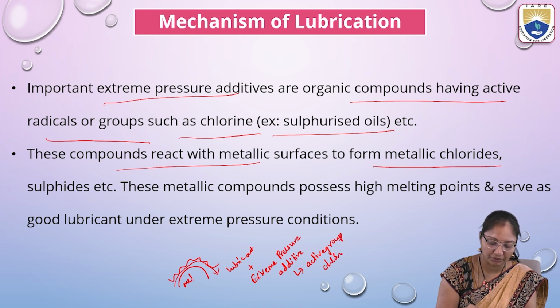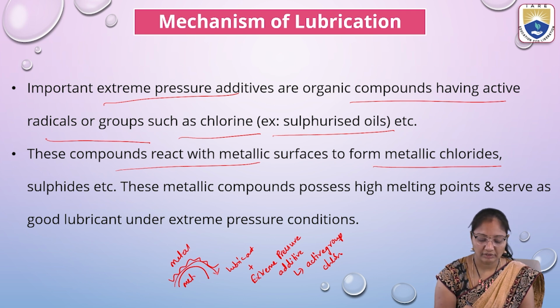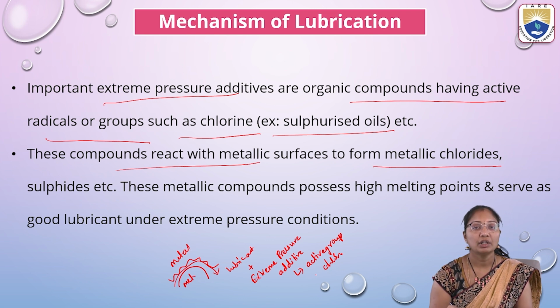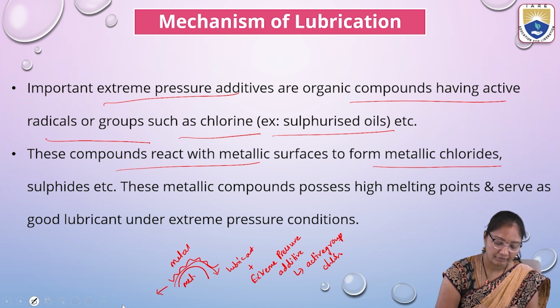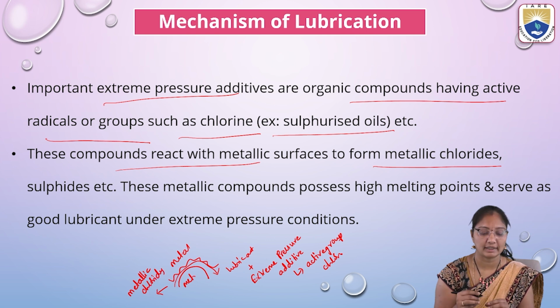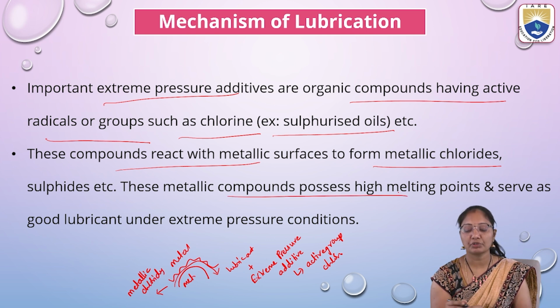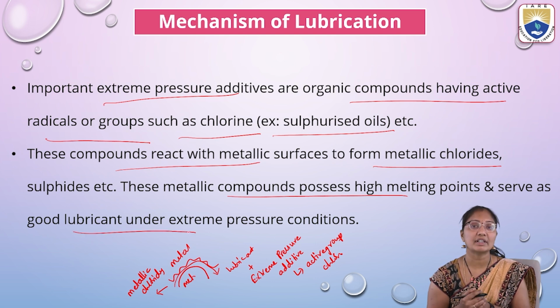This is metal, this is metal. So what happens? The lubricant has chlorine groups, which readily react and form metallic chloride, which results in metallic chlorides on the surface of the metal. These metallic compounds possess high melting points and serve as a good lubricant even under extreme pressure conditions, because